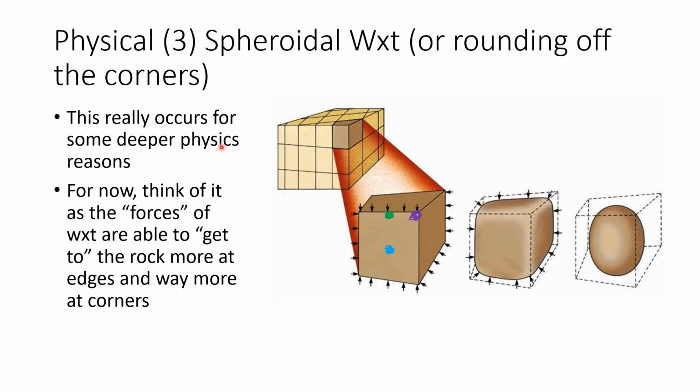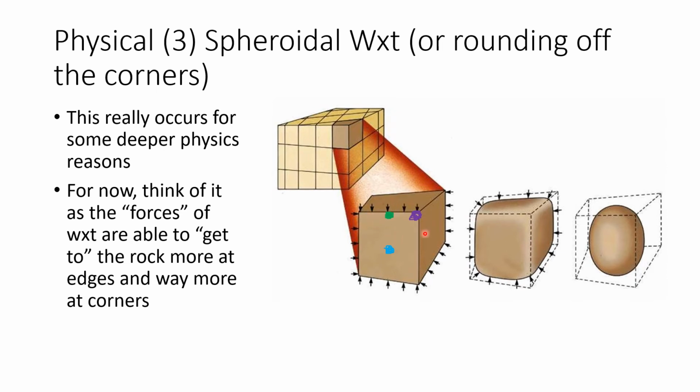Okay, so our weathering forces, they come from all different directions. What direction can they hit the blue spot from? Only from out here in front. So weathering forces that are impacting this rock from out in front can hit the blue spot. That's it. The green one, however, the green one's up here on an edge, excuse me. So these same forces that can hit the blue spot, they can also hit the green spot. But now you can get these weathering forces coming from above can also hit the green spot. So it's kind of getting attacked from 2 directions, which is worse for it.